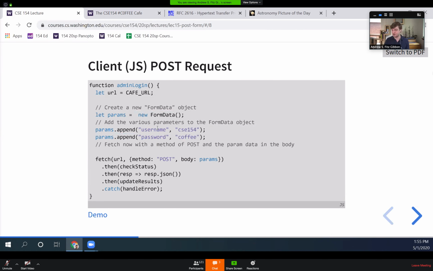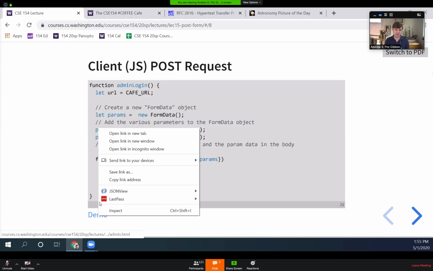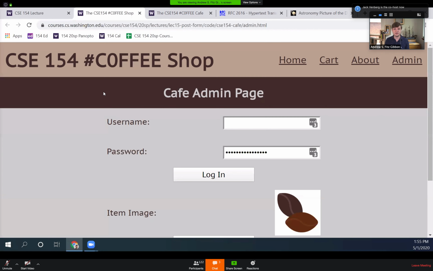So again, that perfect example of when we want to use a post request is username and password, and then setting that to the body of the API. So when we look at doing this,